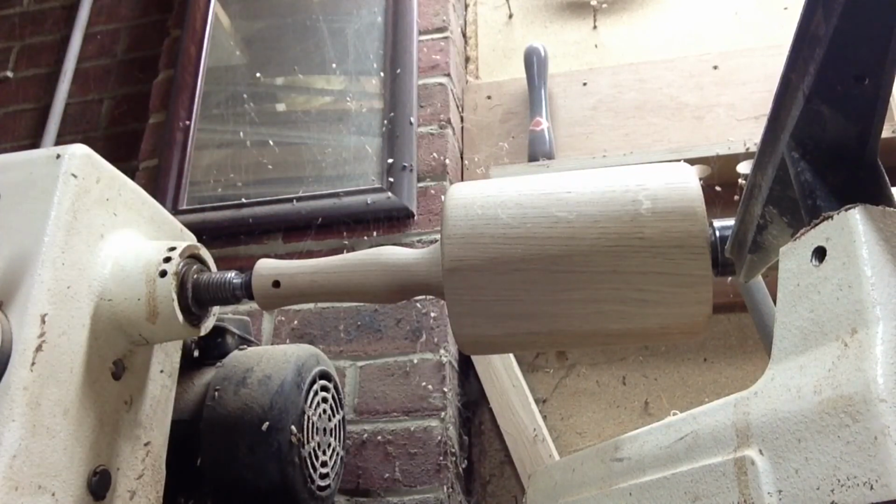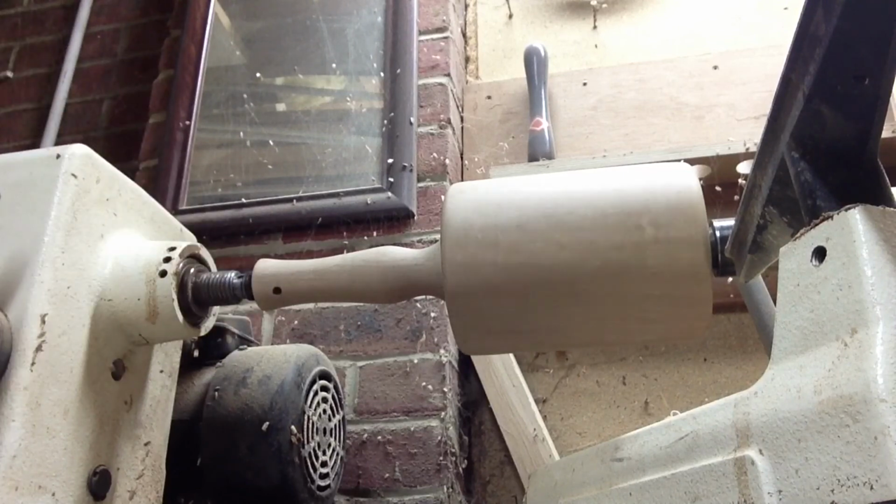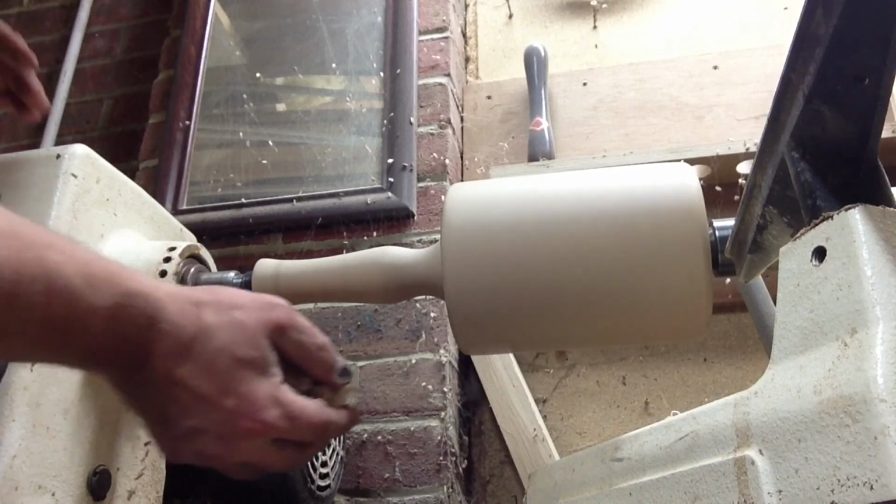Oh, speed wise, obviously I use slower speeds for cutting, for turning, and then higher speeds for polishing, that sort of stuff. So I've got it quite a high speed at the moment, but again, just for burnishing,